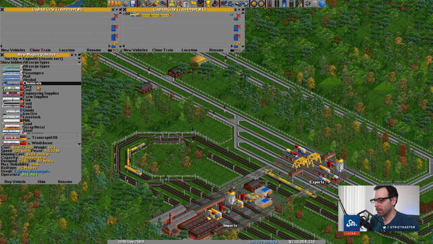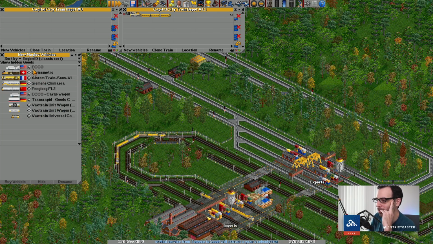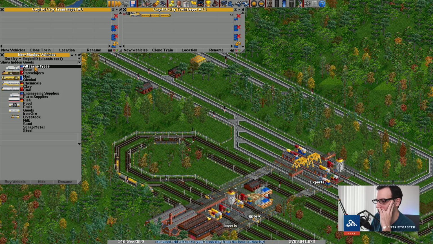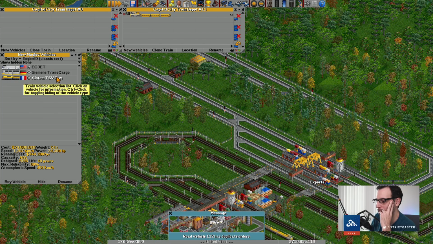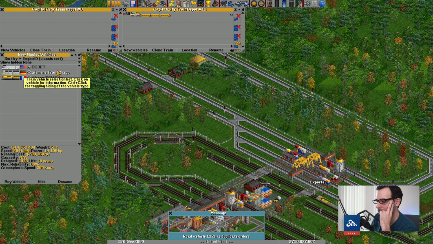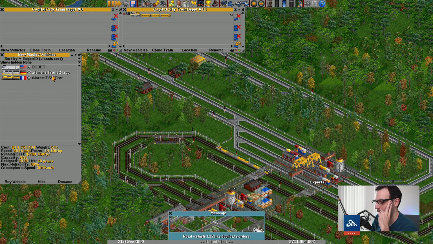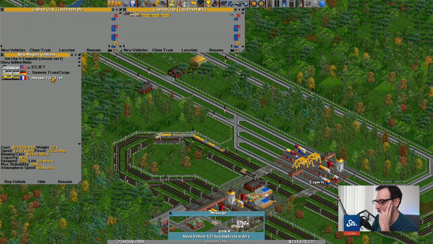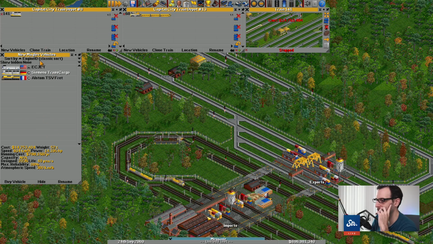Okay, so cargo types, goods. Ooh, we have some new fancy trains. Except I hate that they all kind of look like passenger trains, but I guess it's fine. Should we use, let's see, what can we use? These guys are gonna make quite a bit of money, so 160, 800, a big difference. Let's go for the Siemens, the German ones here, and let's go to